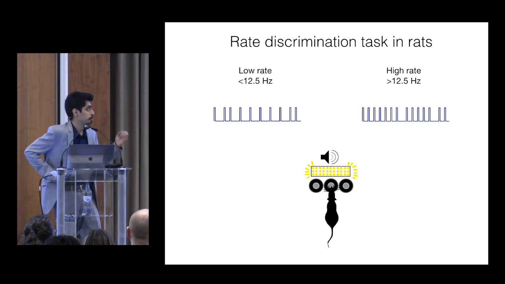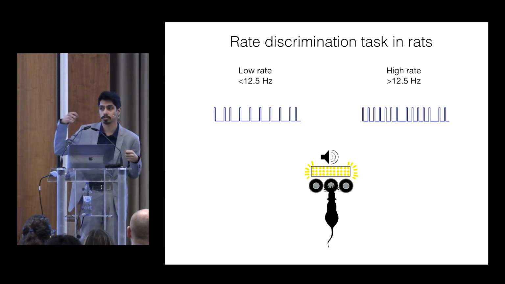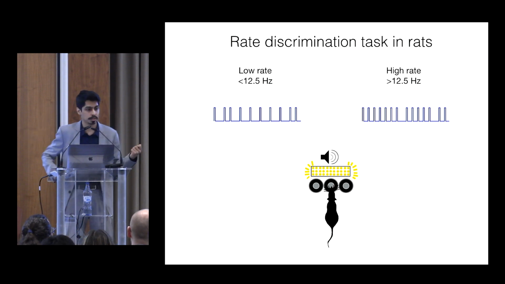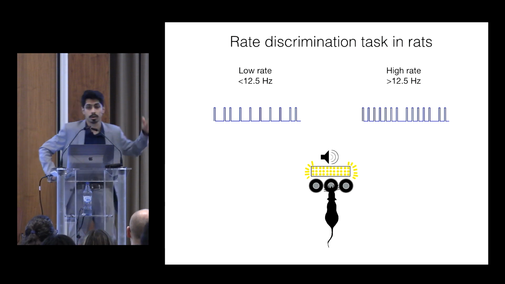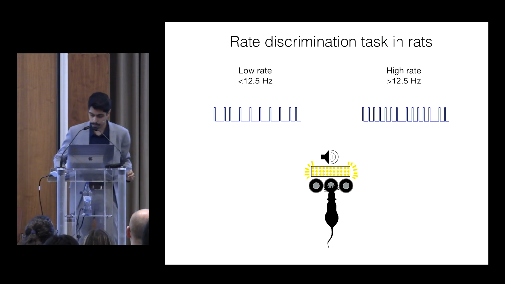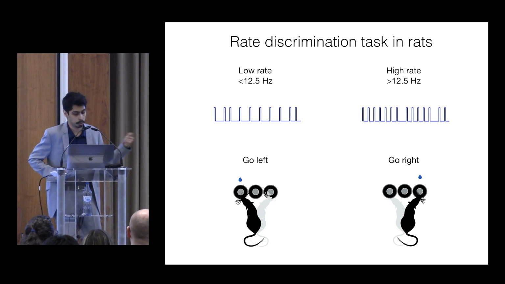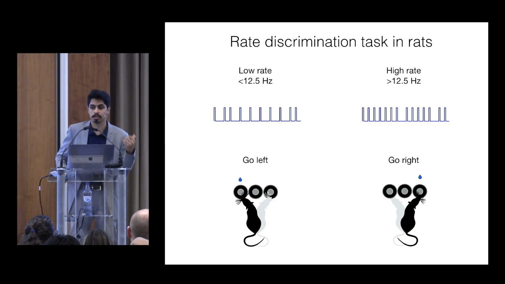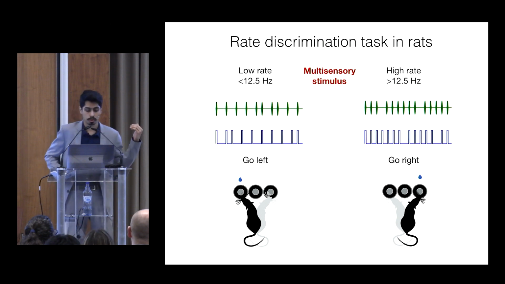So in our lab, we study perceptual decisions in rats. Rats fixate by poking into a center port where they receive a sequence of clicks or flashes or both. And we ask them to discriminate whether the overall rate of the sequence is lower or higher than an arbitrary category boundary of 12.5 hertz. We train the rats to report these decisions by making leftward or rightward actions for which they're rewarded with a small drop of water. And the true power of our task comes from having multiple interleaved stimulus conditions, which can be visual, auditory, or multisensory.